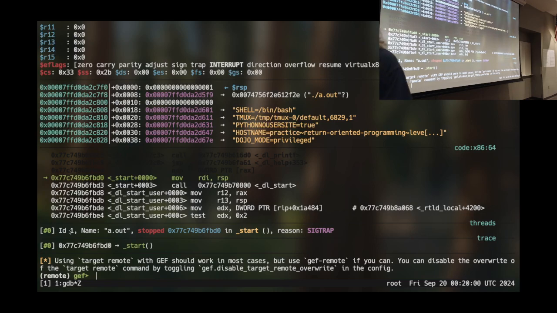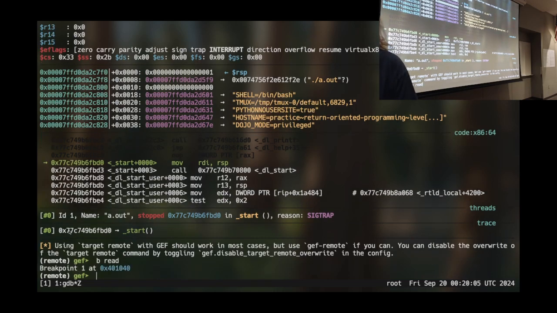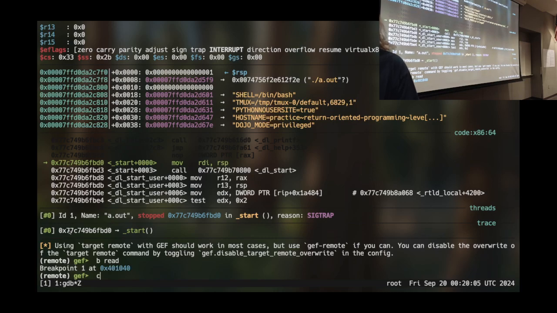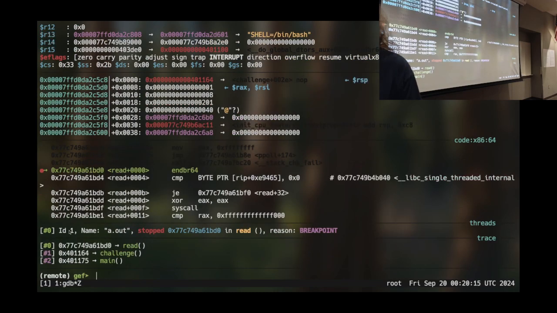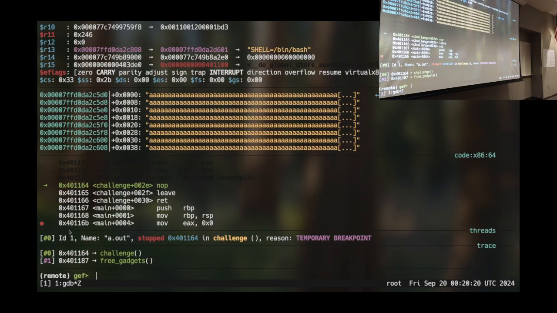All right, let's see if this works. Let's break at main. That gets me there. Let's break at read. Okay, and then I'm going to finish. So I broke at the location where the input was ingested, and then I finished, so now my memory corruption has occurred. Things are not looking very good there, which is not a good sign. Okay, well, we'll see what happens.